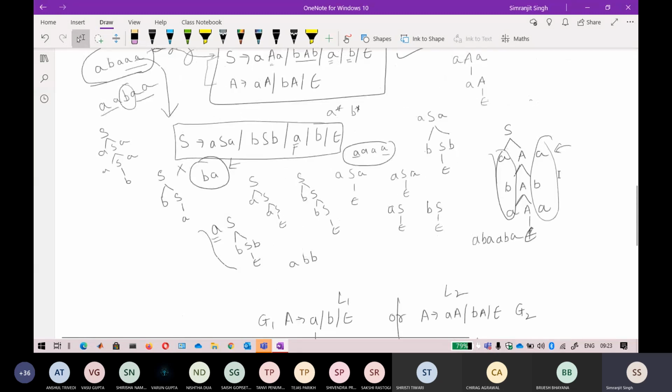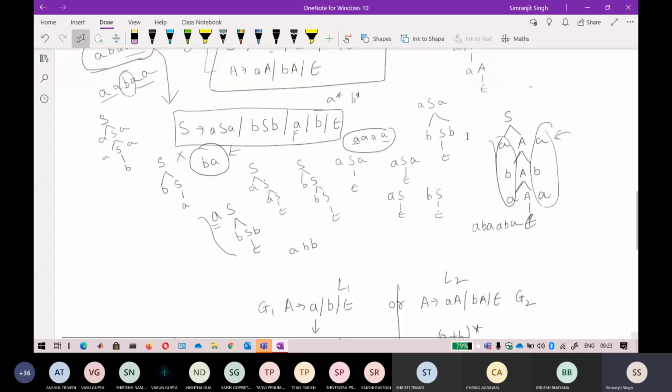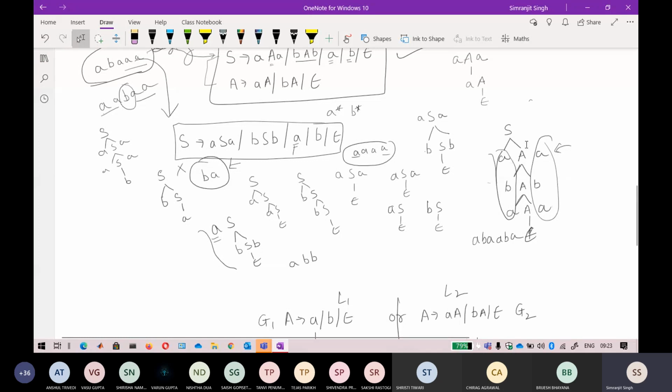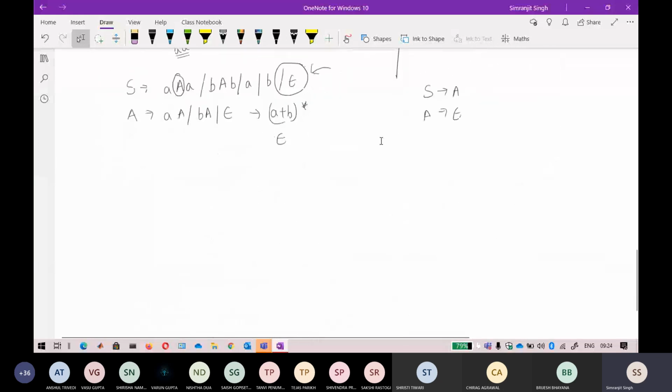That expression led me to another expression that I want to tell you. I think this is somehow a balanced expression. There is no count of A's and B's, but if you look at the left hand side tree and the right hand side tree, it seems like a balanced tree here. Whatever is the length of the left hand side is the length of the right hand side.